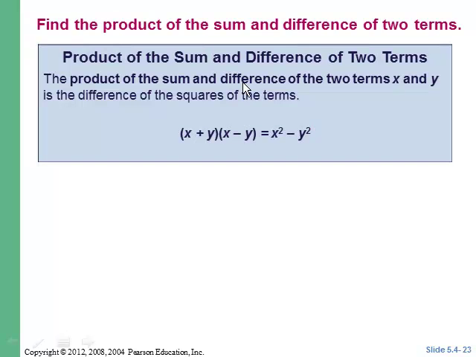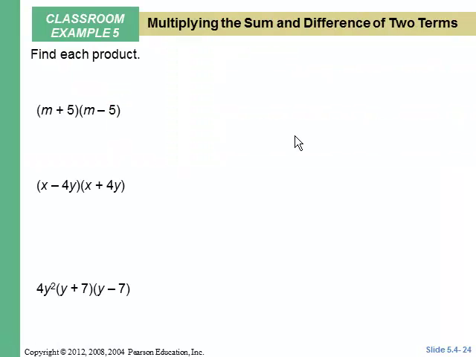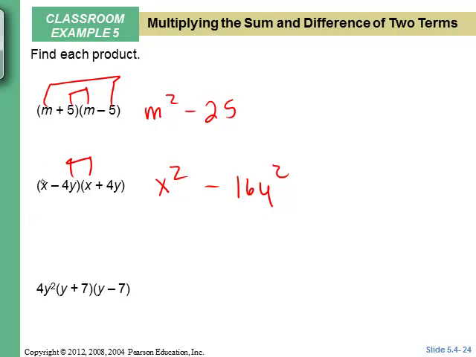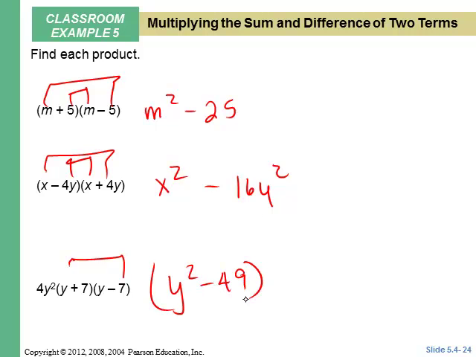Now, there's some special products that are important to note, and one of them is if you have a difference and a sum, a difference of two squares, you get the first term squared minus the second term squared. So this is m squared minus 25, and the reason for that is the plus 5m cancels the minus 5m. X squared minus 16y squared, and that's because the negative 4xy cancels the positive 4xy. This is y squared minus 49 times 4y squared gives us 4y to the fourth minus 4 times 49 is